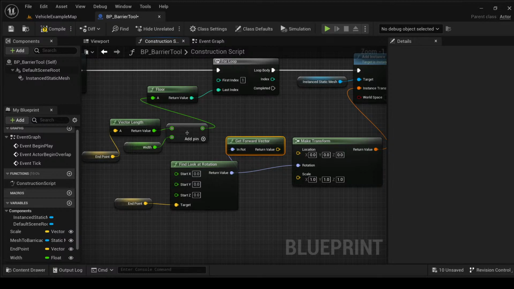So to just do it, and we will later on fix it a little bit, we will just get the width, multiply it,